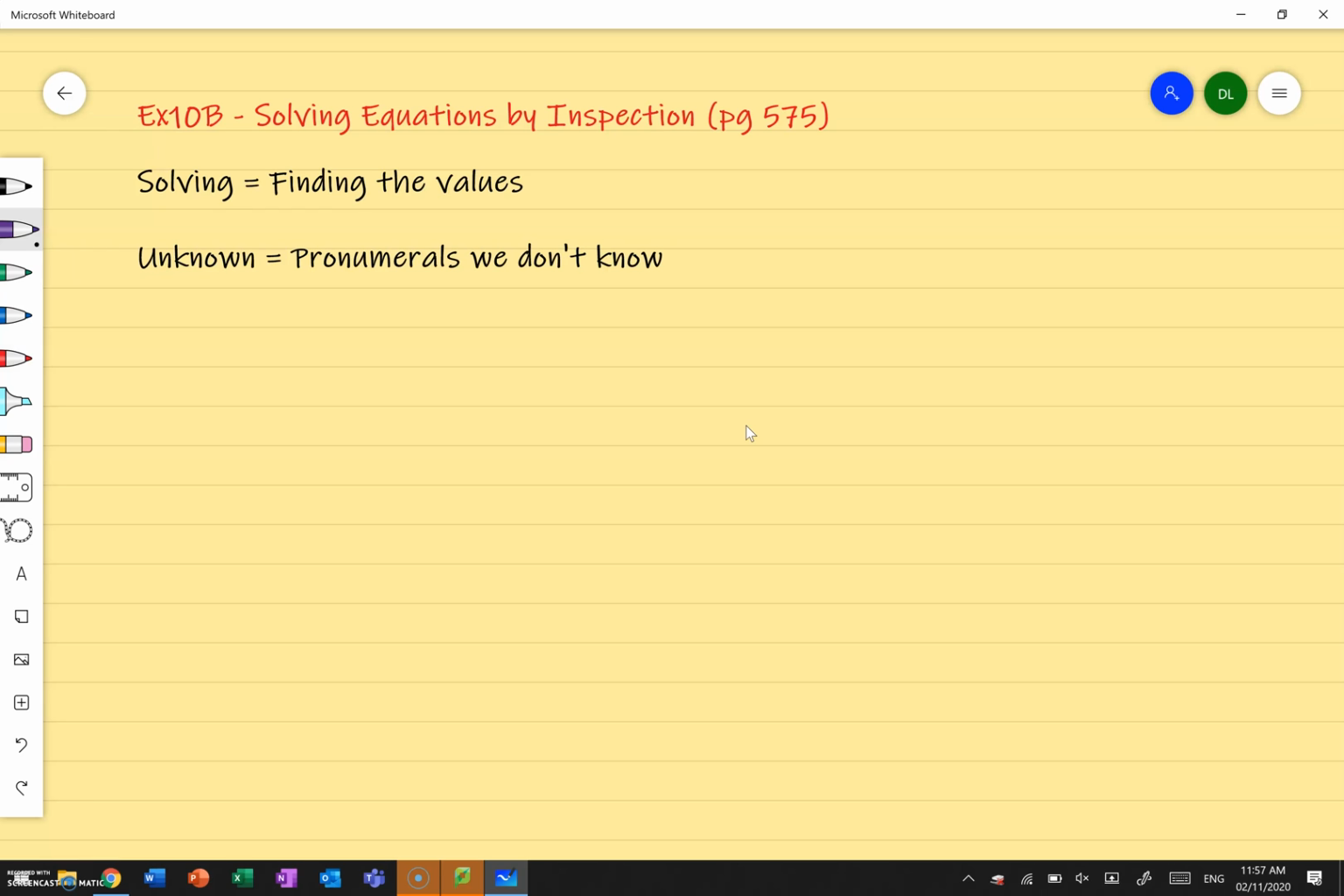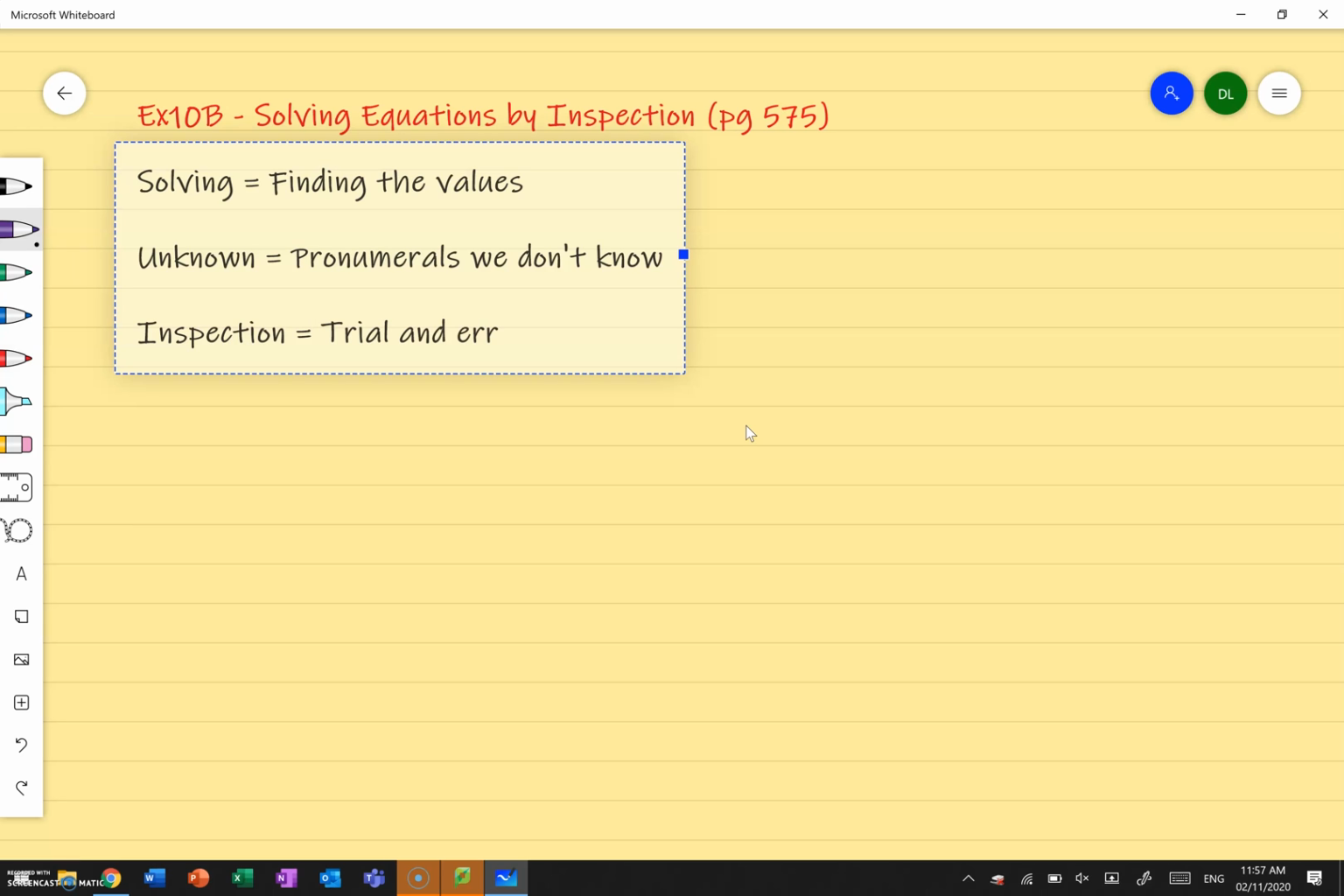Okay? So please make sure you're copying this down as we go through. And there's one last term that I want to go over. This one's not as common, but it's something that I would like you to know anyway. Inspection. In maths, we don't actually call it inspection much. I think you guys should have heard of the term trial and error. Have you guys heard of that before? Yep. So in other words, we're just guessing